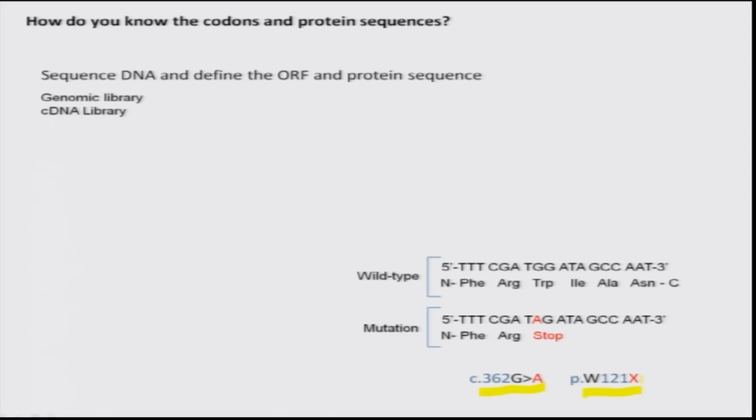So, normally this information comes from sequencing different segments of the DNA that harbor or contain the gene sequences, right. We derive these sequences from DNA fragments, and these DNA fragments are derived from a kind of catalog or library. One is called a genomic DNA library, the other one is a cDNA library. The genomic DNA library we will be discussing a little later. It represents almost all the segments of your chromosomal DNA, and the cDNA library represents your